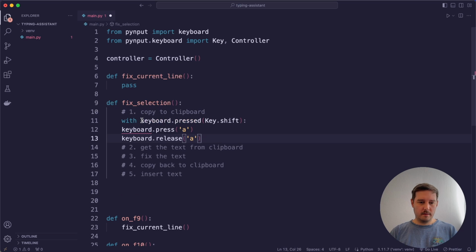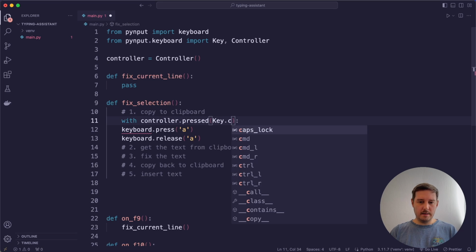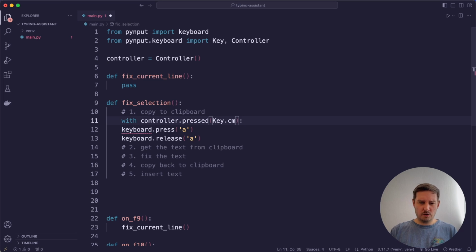So with keyboard, and I call this controller. So with controller pressed, and then here I need command. I'm not sure if there is a control. Maybe on Windows you need control. I'm on a Mac, so I need command. And then we want to press C, so we could do